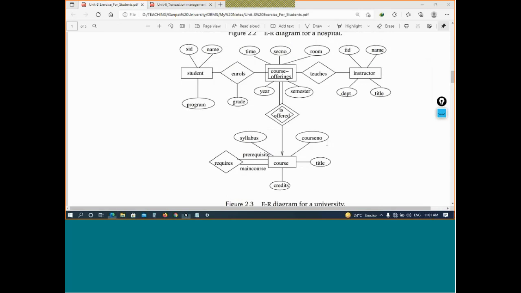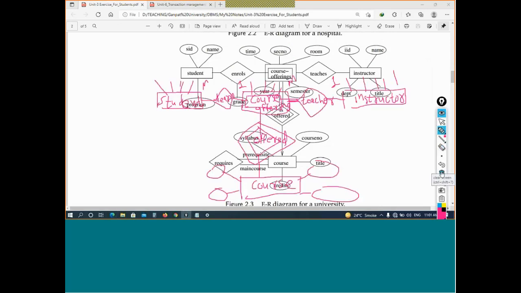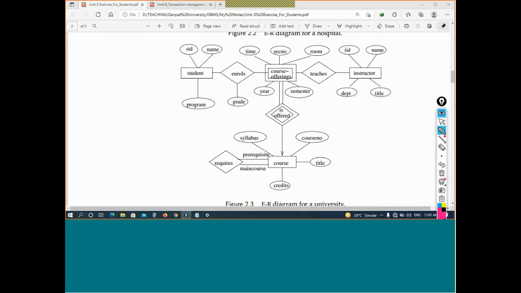For example, here I will add that prerequisite. Instead of doing this, right? That is also correct. Okay, so this is the simple thing. Whatever I have told you, same thing is mentioned here. Okay, there is not much difference.